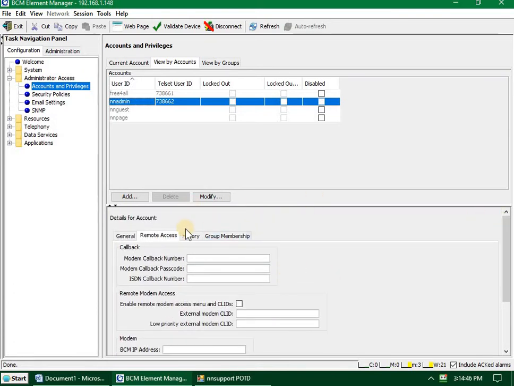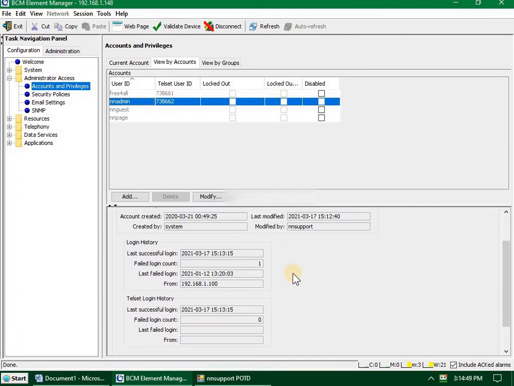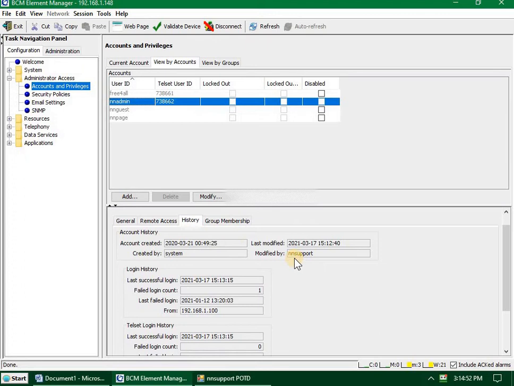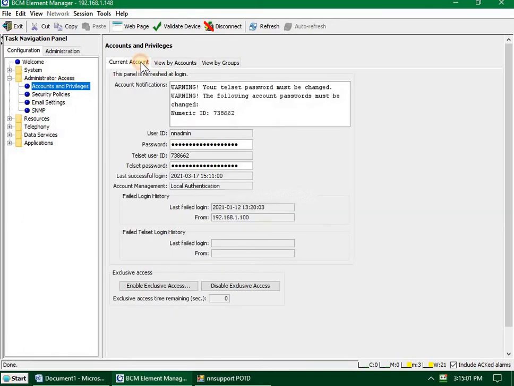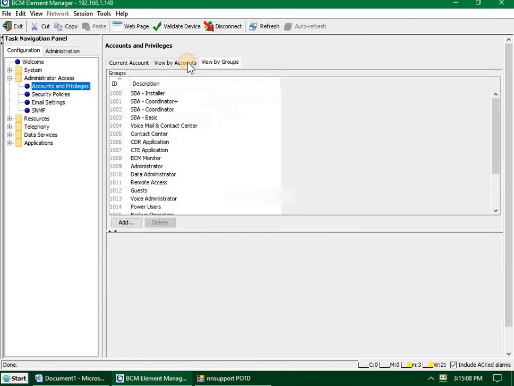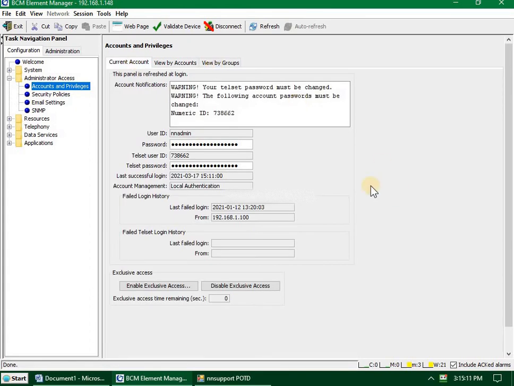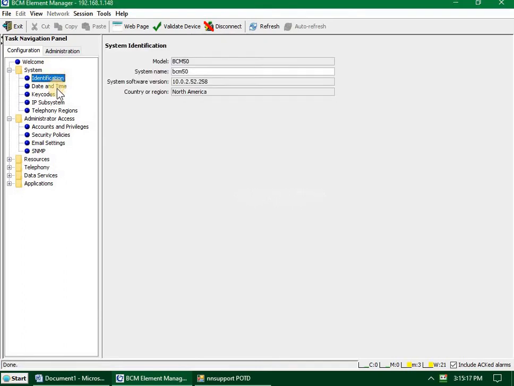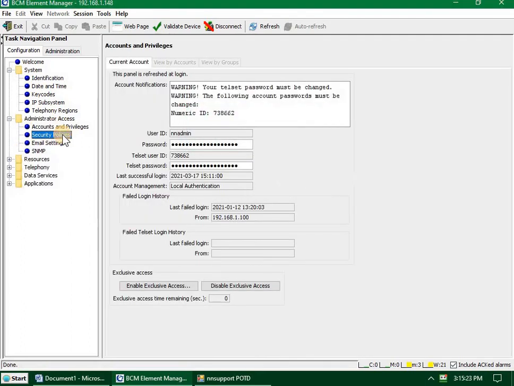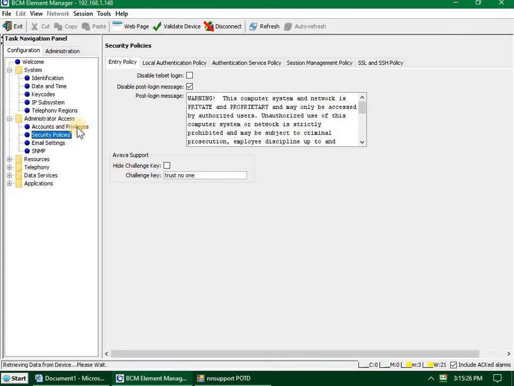Let's see here. See, modify today. Administrator. Was it under here? I thought there was a way where you could view the security trust no one key. Oh, here it is. If you go under Administrator Access and Security Policies,